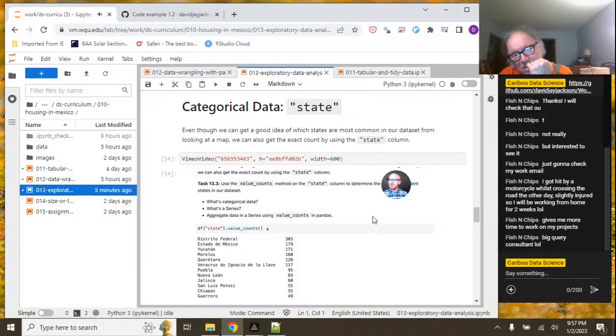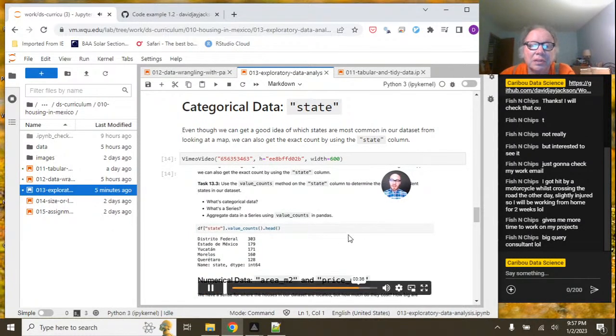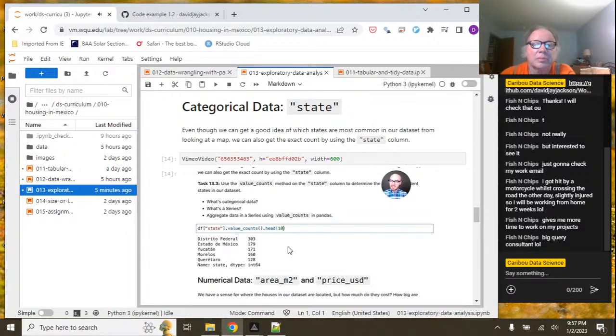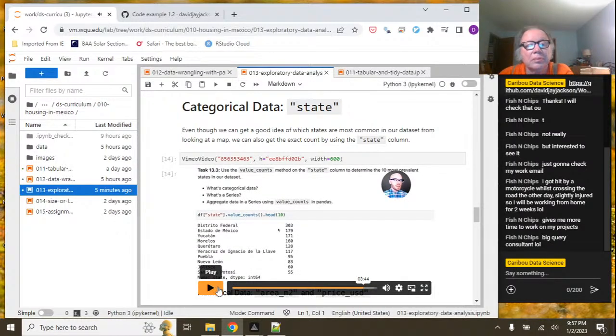So in order to do that, I'm going to take value counts here, and I'm going to chain on head. And head, if I just run it like so, gives me the first 5 values. And if I want all 10, I can put a 10 inside there. And there we go. I can see that the most